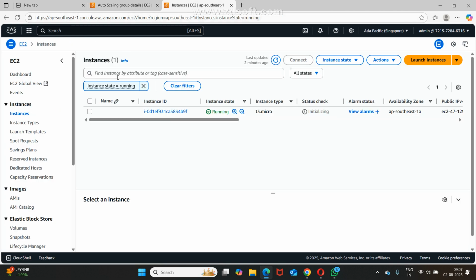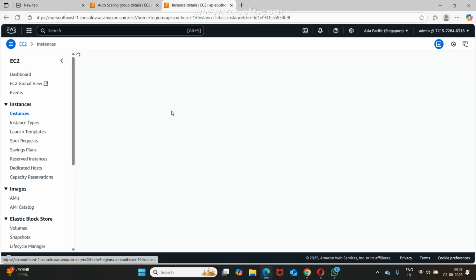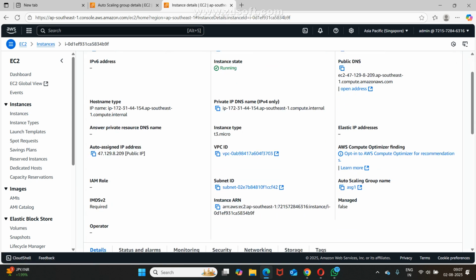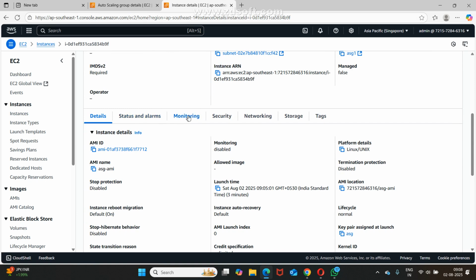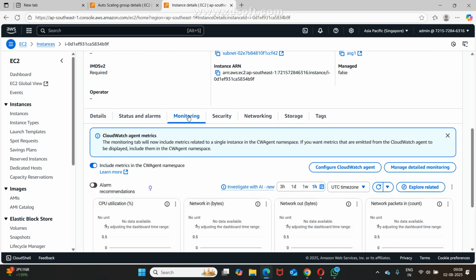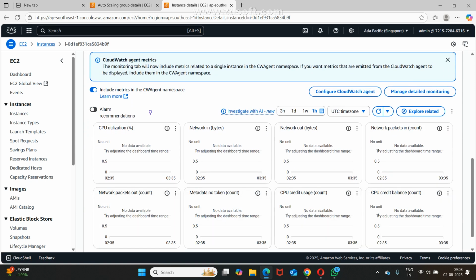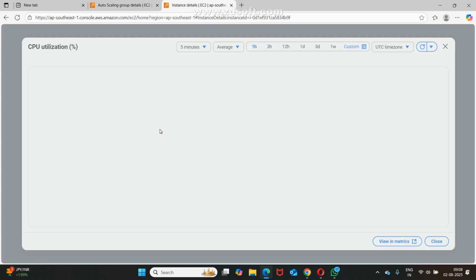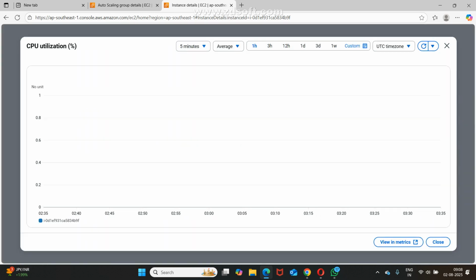Going to EC2 instances, click on the EC2 instance. You need to see their monitoring. There we can see the CPU utilization. You may see CPU utilization every 5 minutes, and there we may get multiple points. It was just now created, right? If you want to see it for every minute,